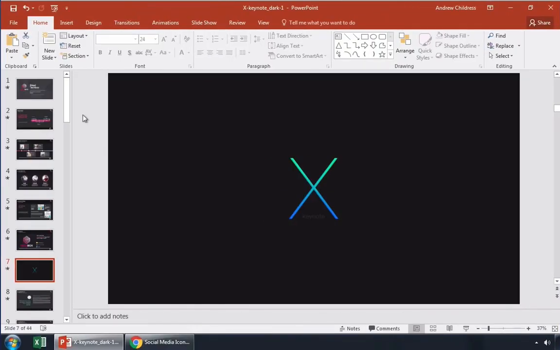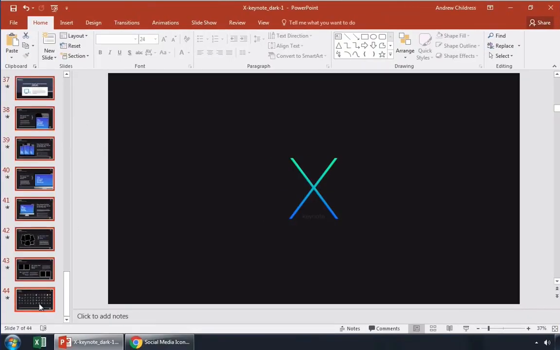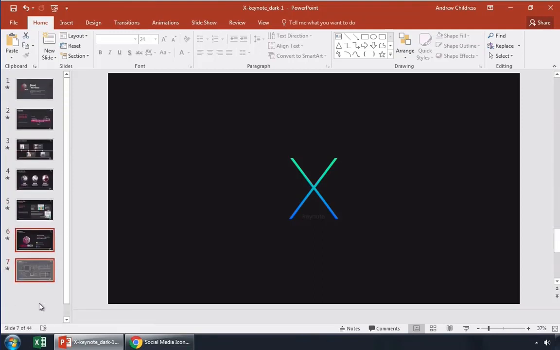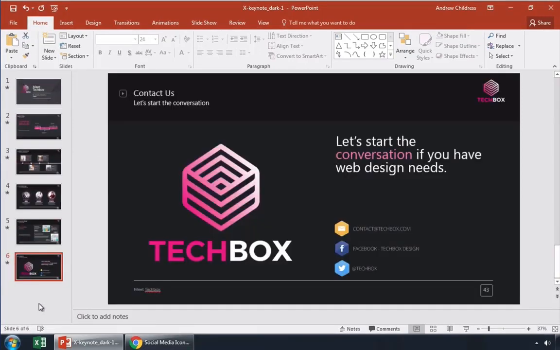I'll go ahead and delete all of the other placeholder slides that came with the X-Note, and we've now wrapped up our presentation that started as a simple outline and pre-built template. There's nothing stopping you from including more slides in your presentation. These are just some of the key slides that you should think about including in a presentation that's designed to